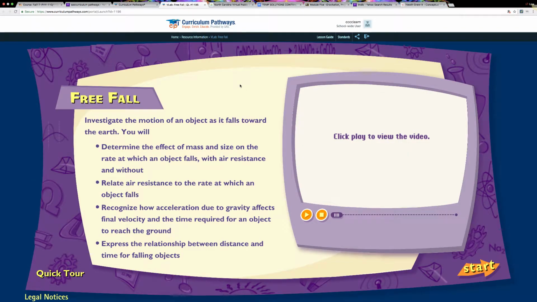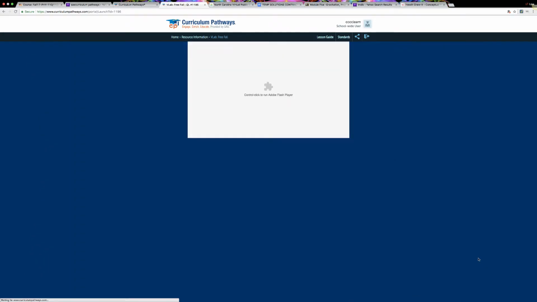The lab will require that you have a Java enabled browser, so you'll want to make sure that's the case, and you can check to see if your computer has everything that it needs. When you go to the SAS, once you log in, you can do a check to make sure everything is okay. But now I'm in my lab. There'll always be a video that talks about the material that you're covering, so you can watch that. You click on the start button,